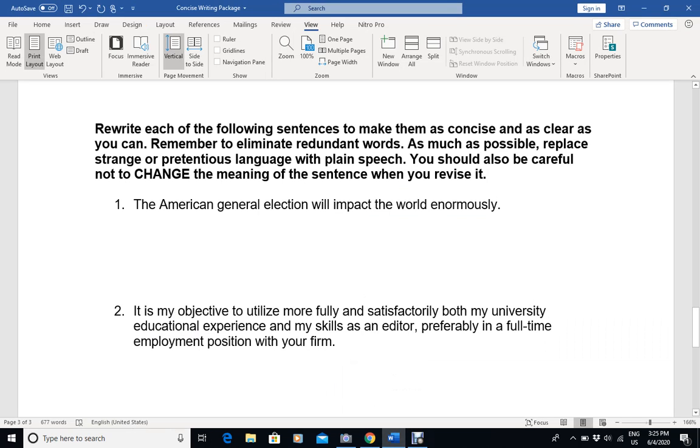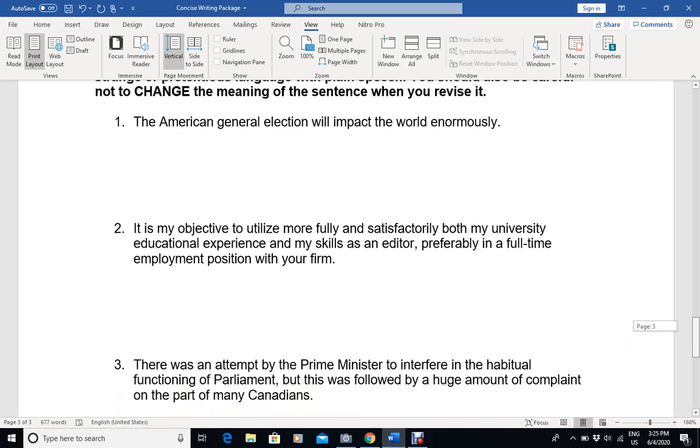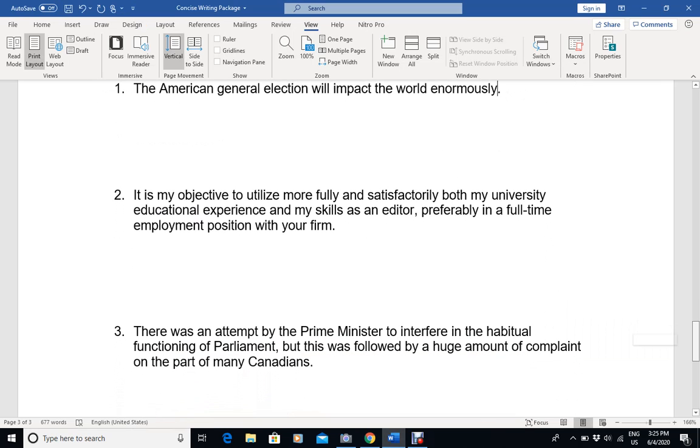Okay. Let's take a look at the next one. It is my objective to utilize more fully and satisfactorily both my university educational experience and my skills as an editor, preferably in a full-time employment position with your firm. So first of all, notice we don't have a framing phrase this time, but we do have a dummy pronoun. It doesn't refer to anything specifically. So the first thing we want to do is we want to